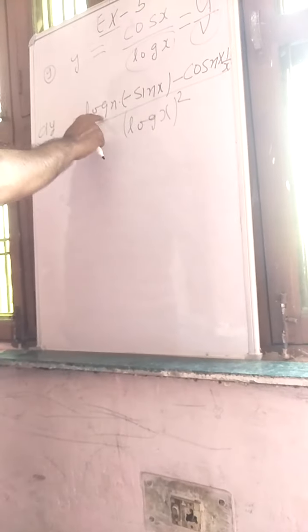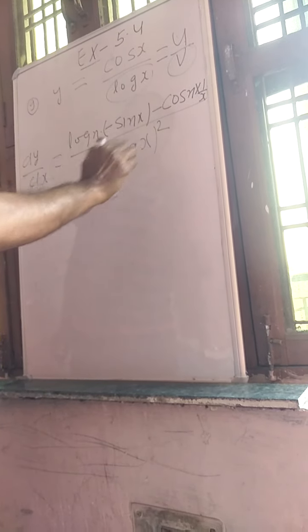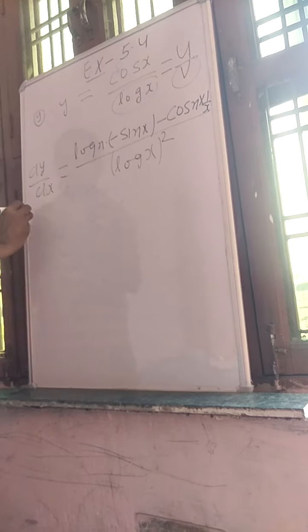First of all, we also explain y equal to cos x upon log x, the u upon v. So v square means log x whole square. This is v, and v is remaining, and differentiation of cos x is minus sin x. Then minus sin is the formula, then cos x, then log x derivative 1 upon x. This is the dy by dx. 9. 10th number question. 10th question is y